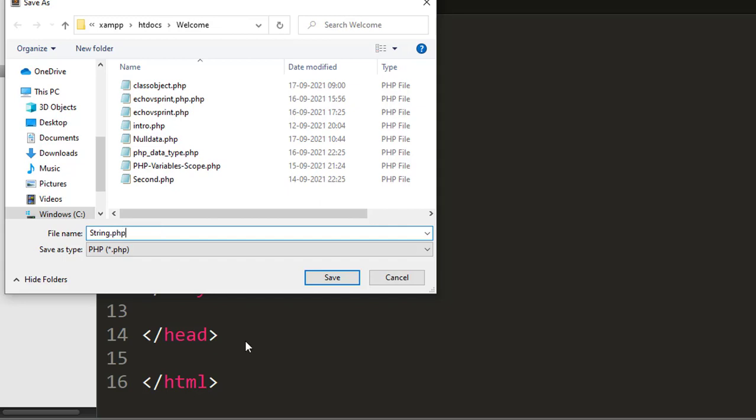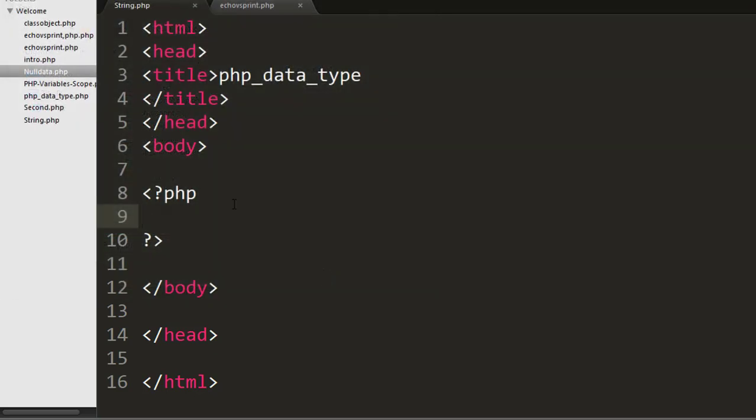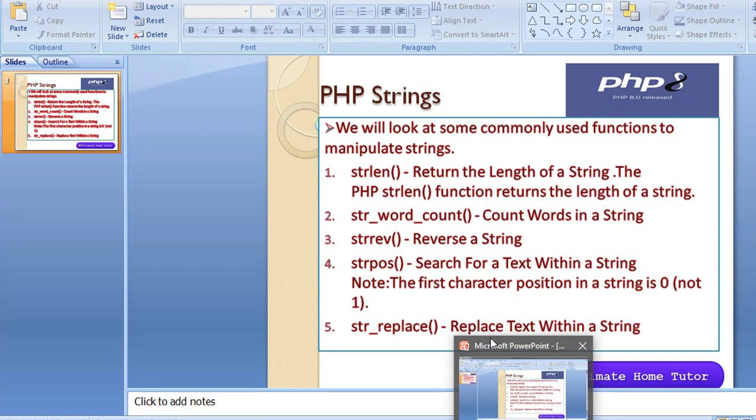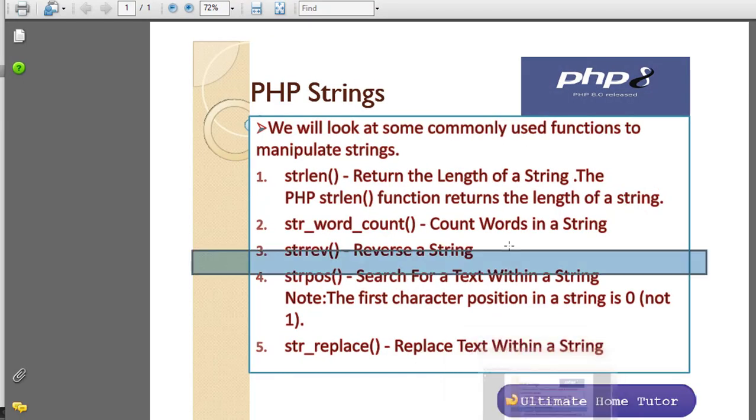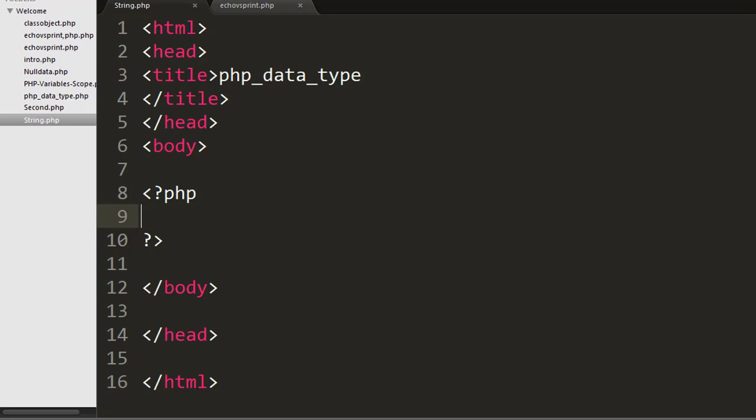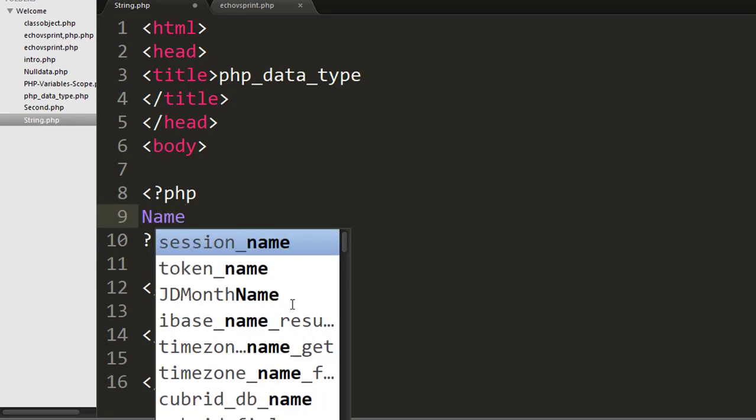First, explaining strlen: it means the length of the string, and it will give an output. I'll explain this like a name.